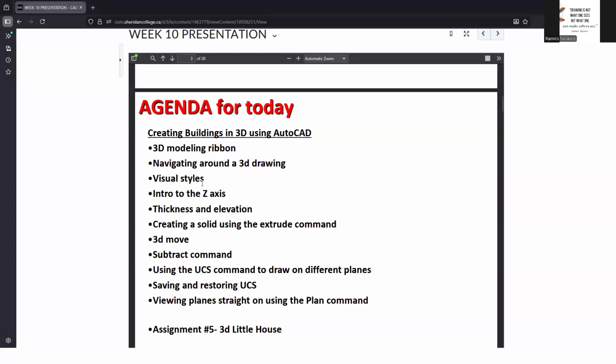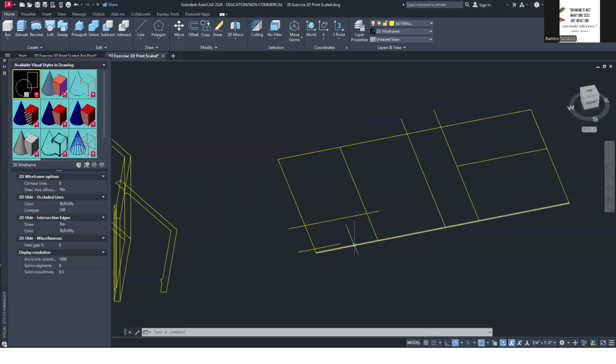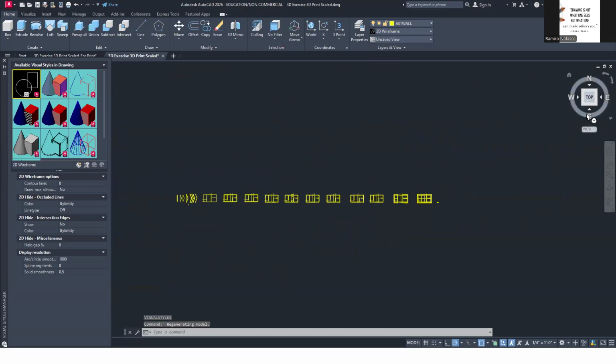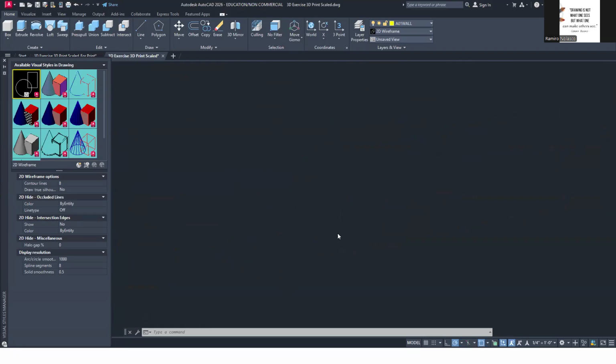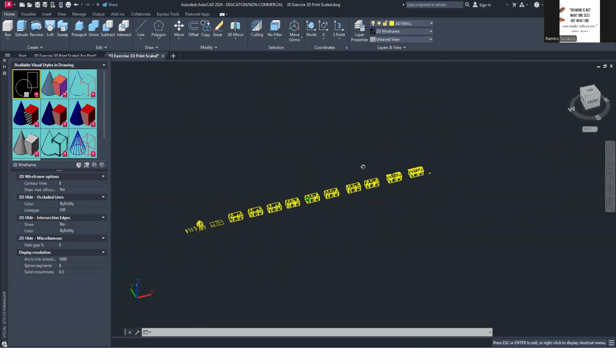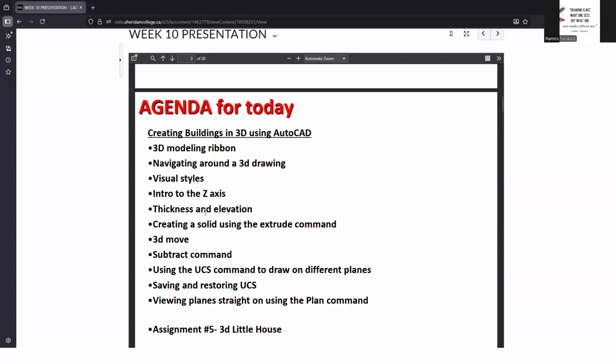Okay. So there's a Z axis. If you go to top view, that's our initial view orientation, then you can hold down the shift key, hold the middle mouse button, and you can see the X, Y, Z axis, where X going to the right is positive, Y going up is positive, Z going up is positive. So that's your Z axis.